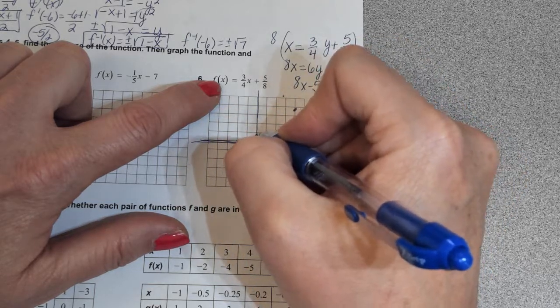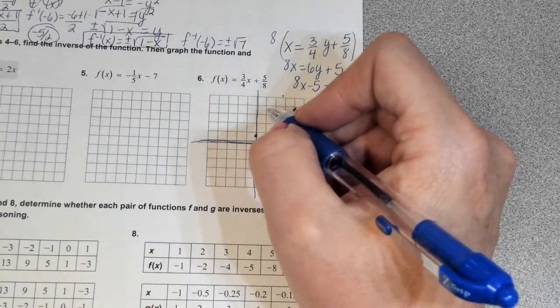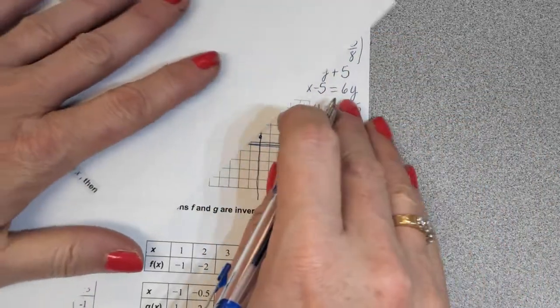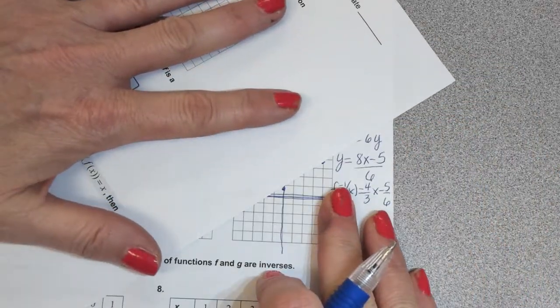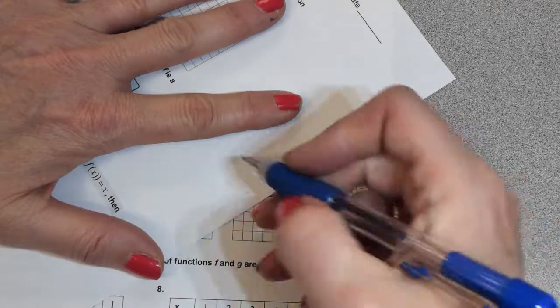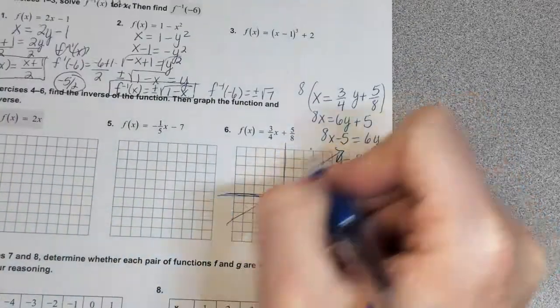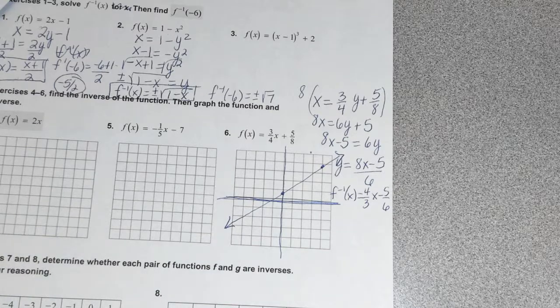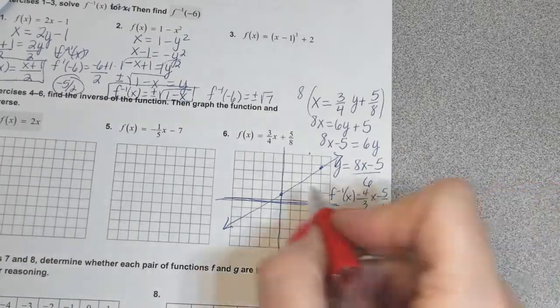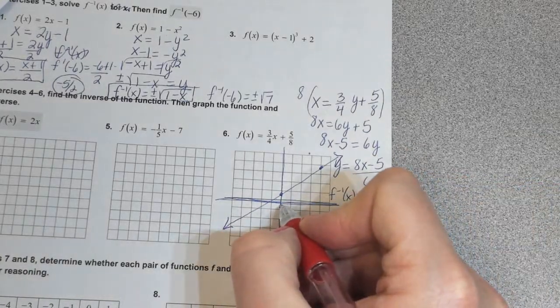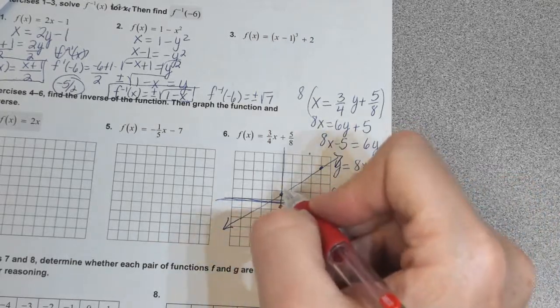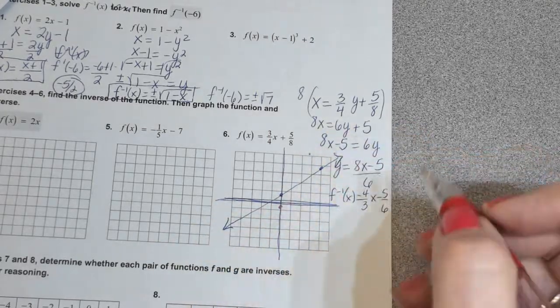Connect those two. So there's my first function. And then graphing my inverse, this has a y-intercept of negative 5/6, and it has a slope of 4/3. So I'm going to go up